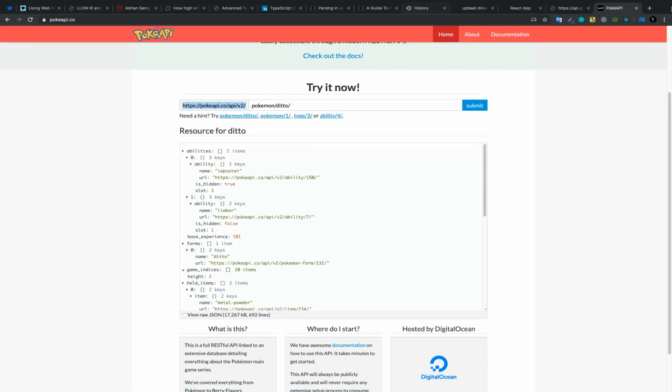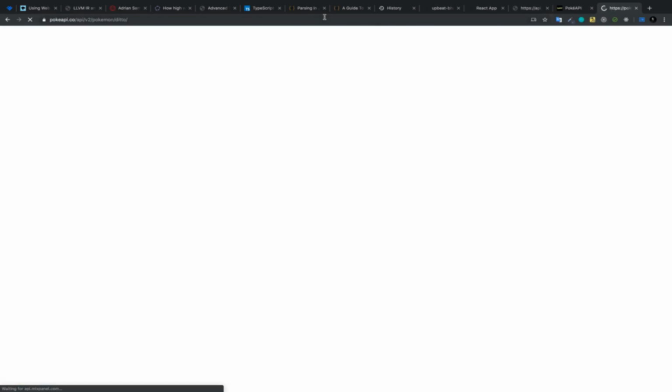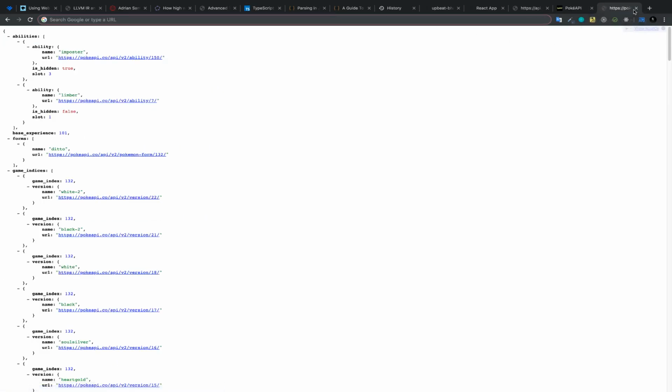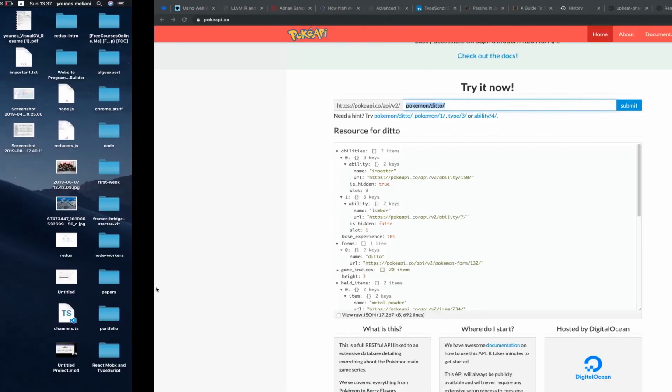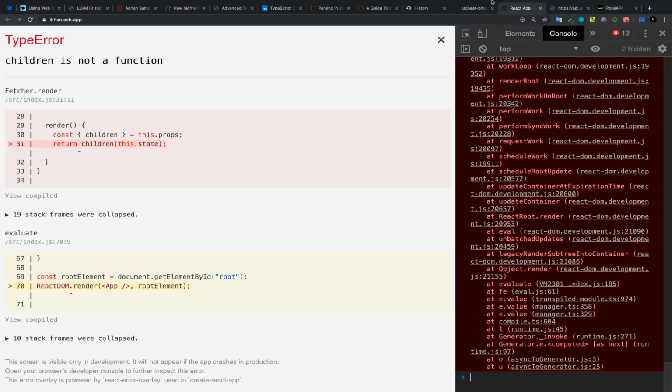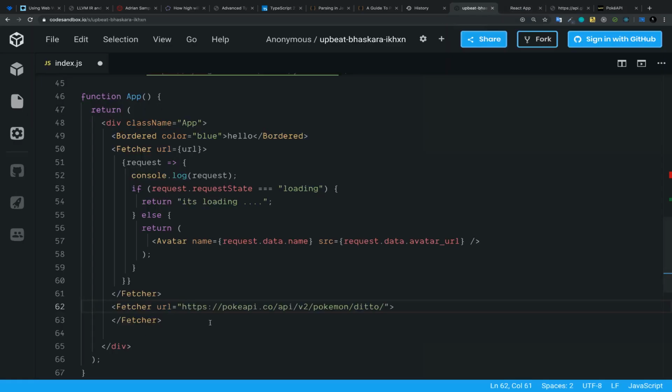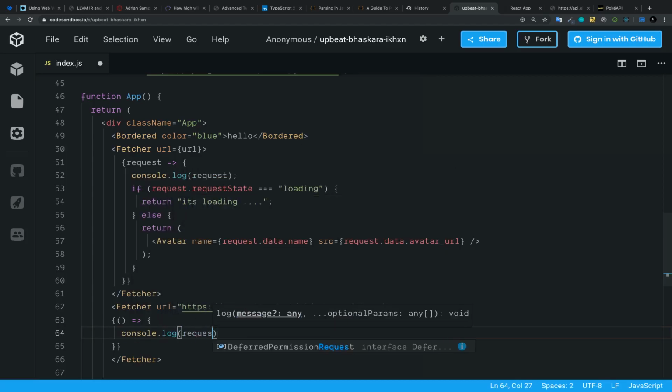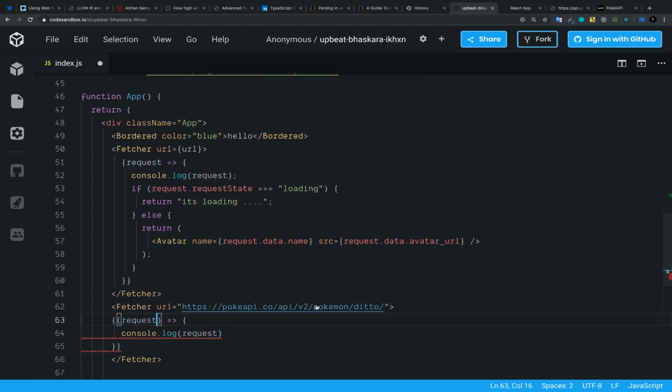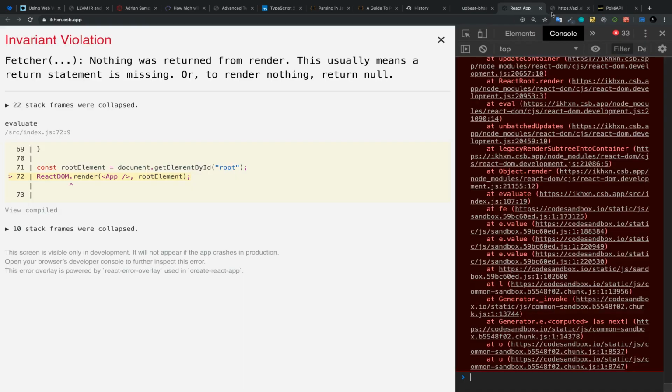So we can just say this, and after that the Pokemon suffix. And now we can just put it here. And we can pass a function again. Make sense? And we can say console.log request. Just name it request. Just put it here. And if you go here,